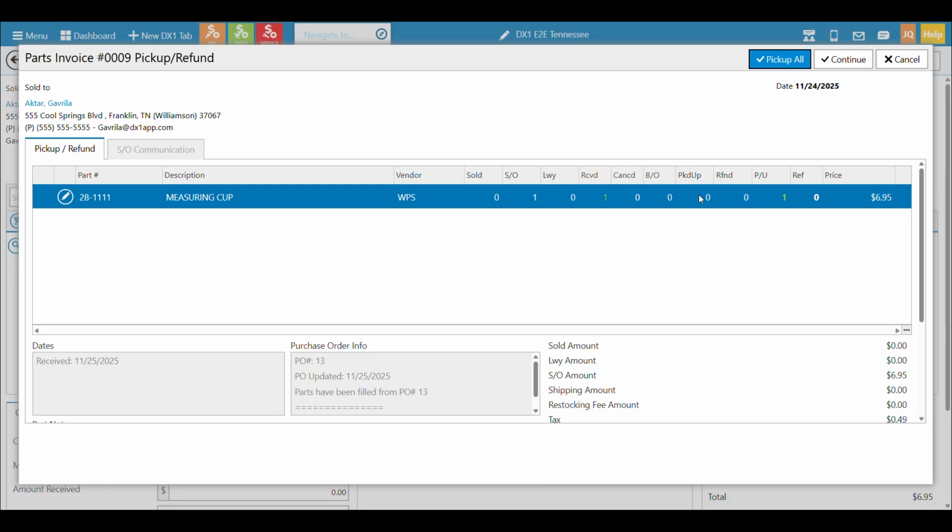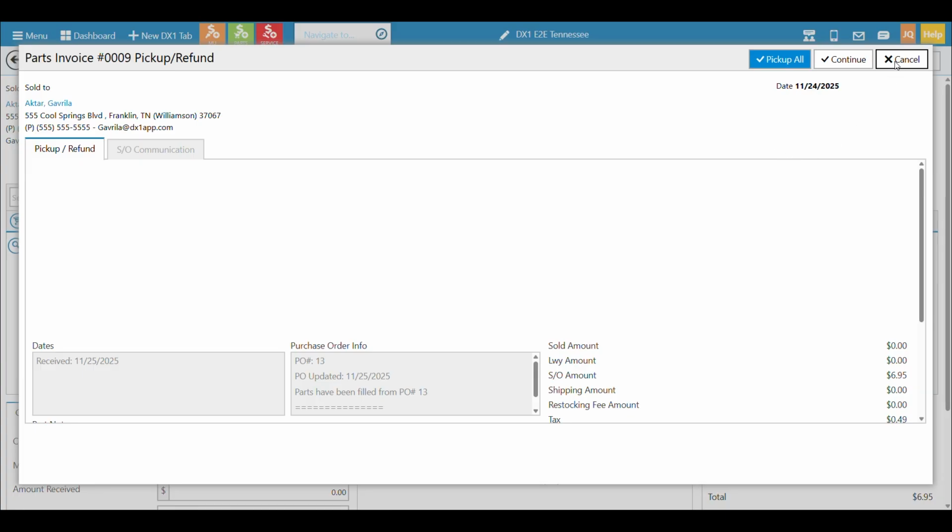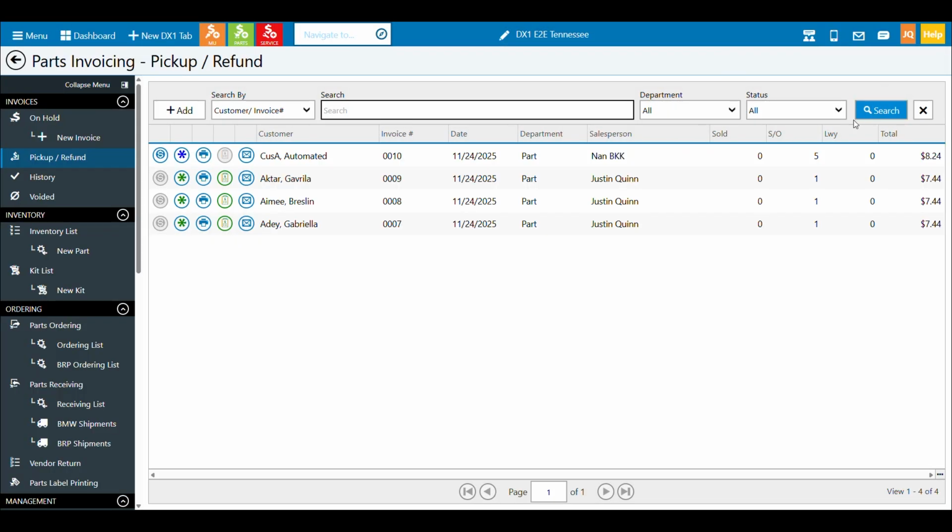This is a process that I don't think some dealers realize when they're creating special orders without placing POs. Using this tool is very easy. It's built into the process and allows you the flexibility to decide how you want to receive parts into your dealership, with or without a PO, in this case, without a PO.